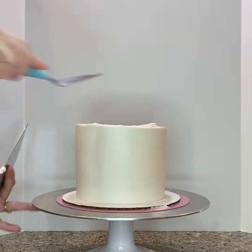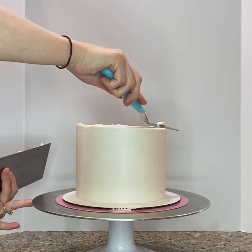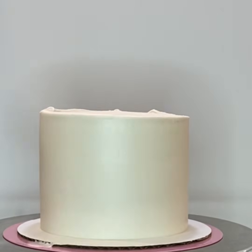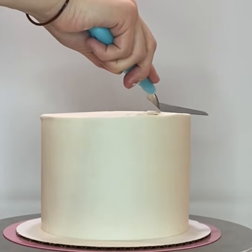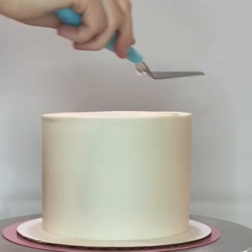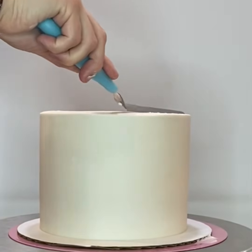The trick here is to just very lightly pull the excess buttercream that's sticking up around the top in toward the center, keeping the edge of your spatula parallel with the top. Make sure to wipe the buttercream off of your spatula after each swipe too. This may take several passes too. Then once I'm happy with how the cake looks, I'll pop it back into the fridge to chill before I add